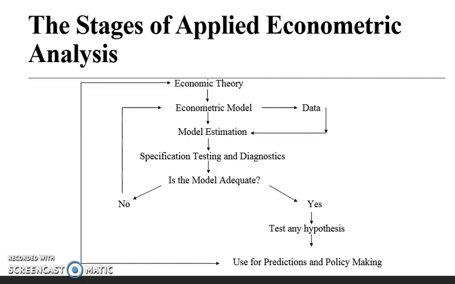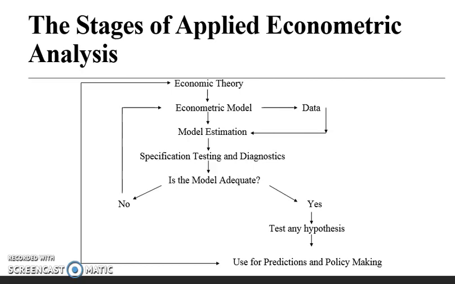For example, Newton's law of gravity. Newton was sitting under a tree, an apple fell down from the tree, and he observed that there is some attraction in the earth that pulls things toward itself, and then he built a theory which we call the law of gravity. So in this diagram, the first two parts, economic theory and econometric model, these two parts